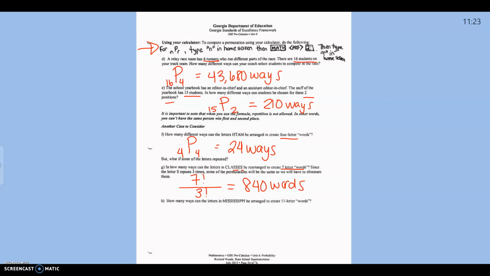Okay? So last one, Mississippi. There are 11 letters in Mississippi, and then there are 4 S's, so I'm going to divide by 4 factorial. There are 4 I's, and there are 2 P's. So we would type that in our calculator and we would have 34,000